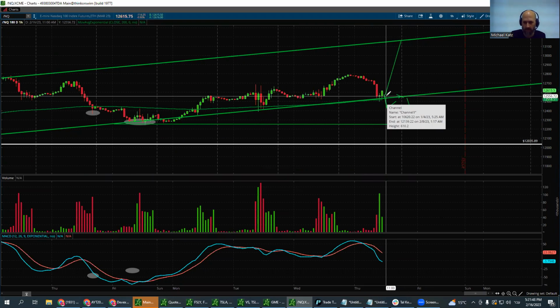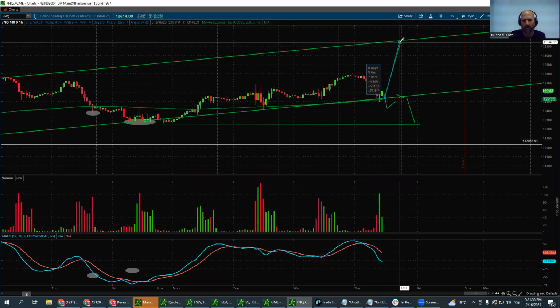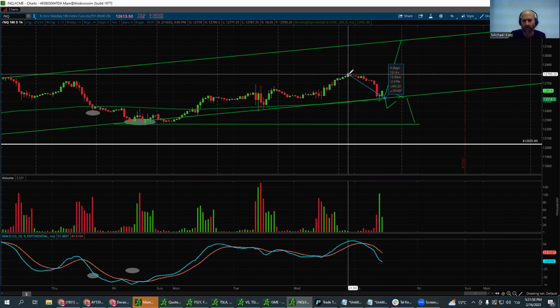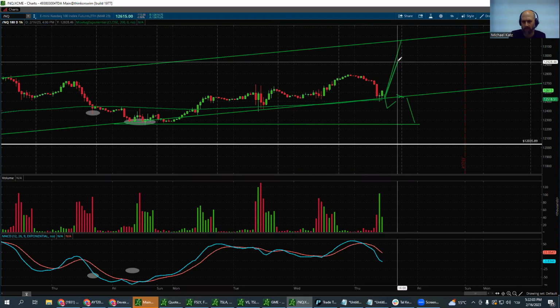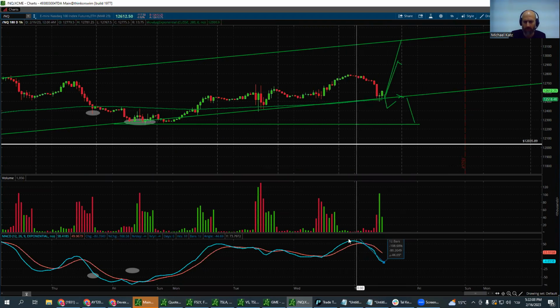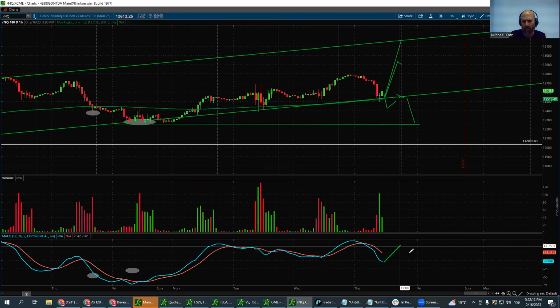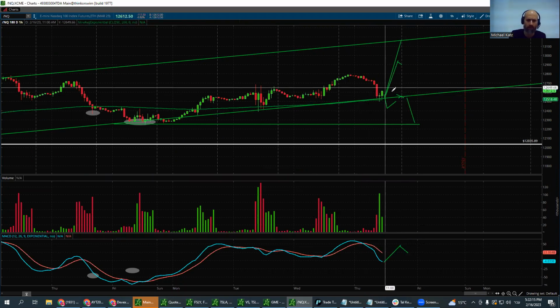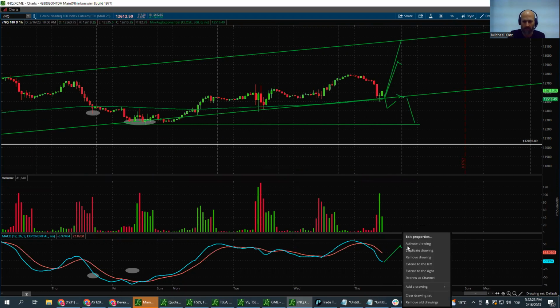We need to see it exactly occurring in order to trade it. But let's say the price of the NQ will continue higher and break through this resistance, this previous high, to those levels right here, and the MACD, instead of breaking through to a new high, will actually stay lower than the previous high. Then we will have a negative divergence. So in this case, it might indicate that the price will reverse. So you can take that also into consideration.